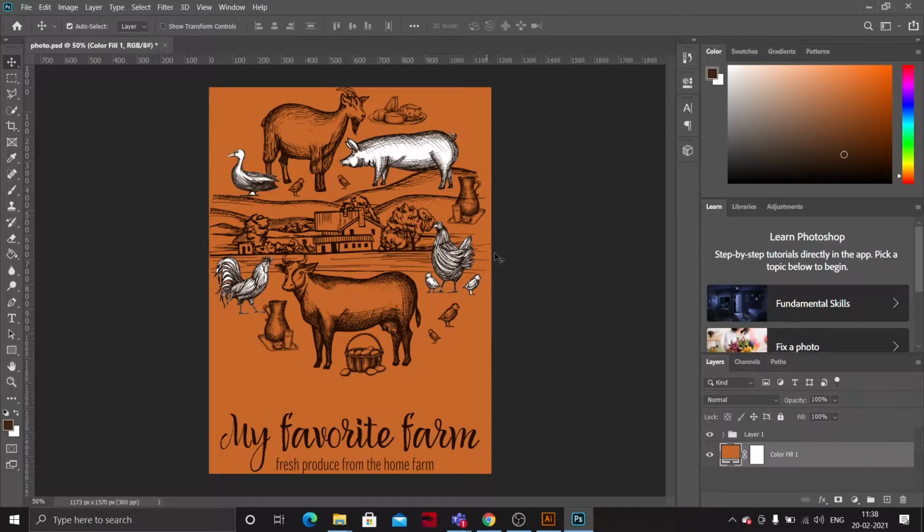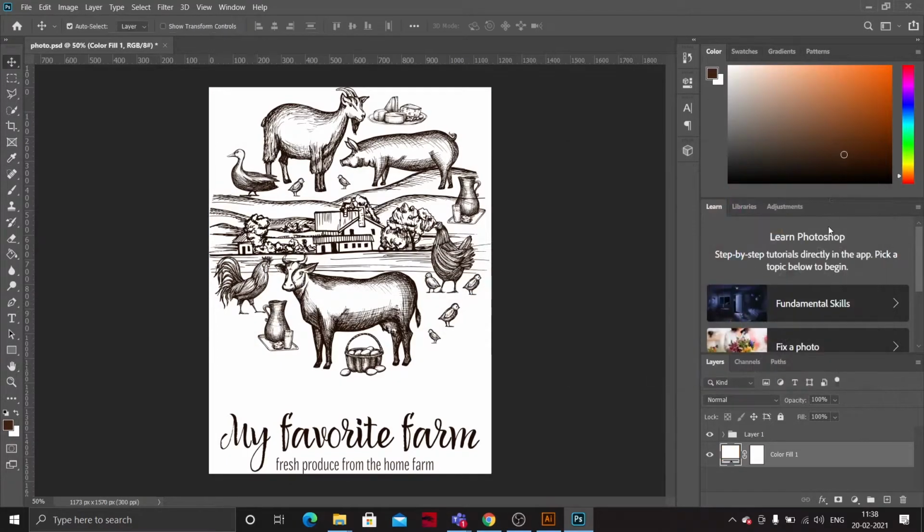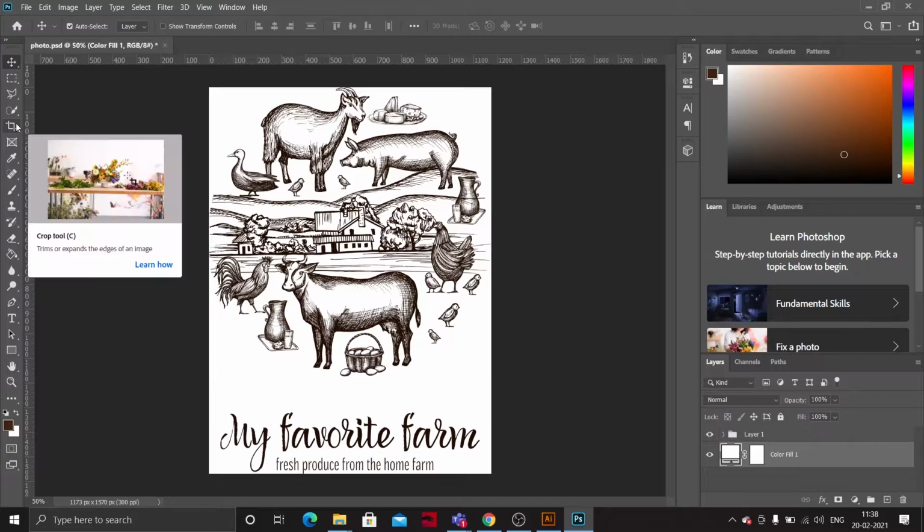I think this is not that good. Let's take white. Now adjust the pic to the 1:1 format. You can adjust 1:1 by using the cropping tool here.